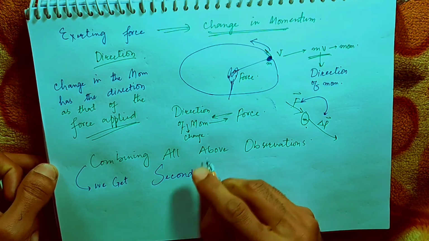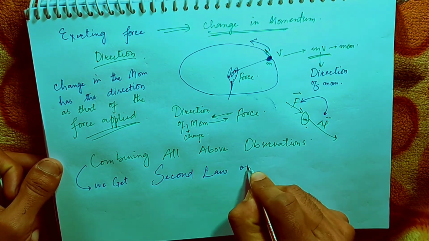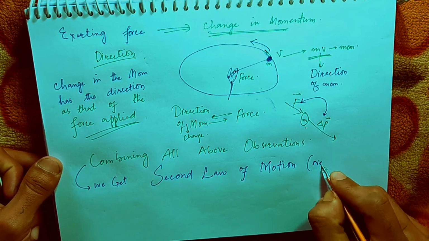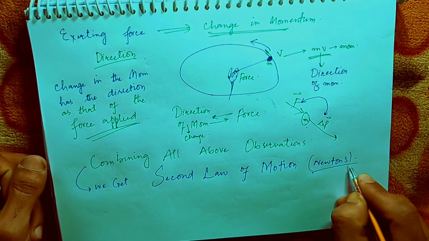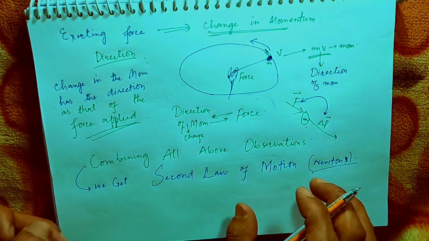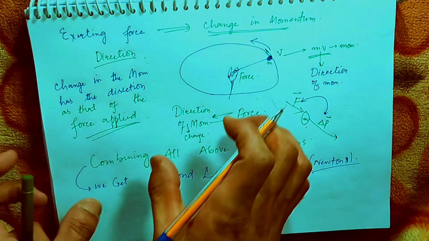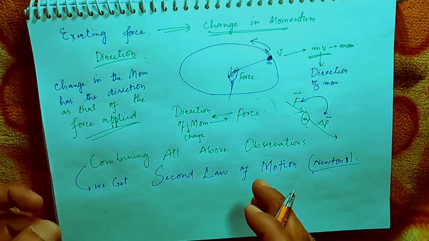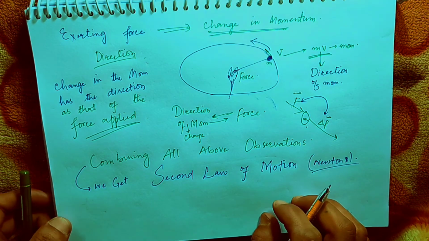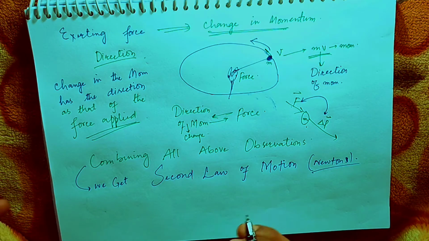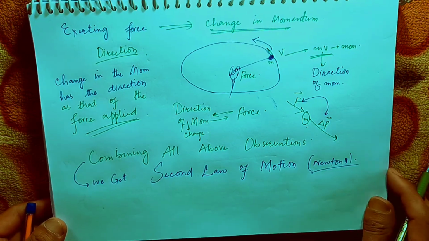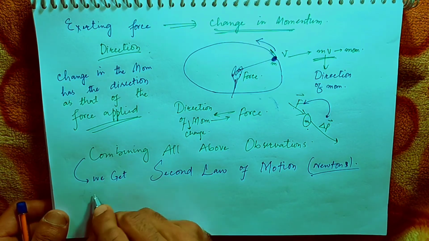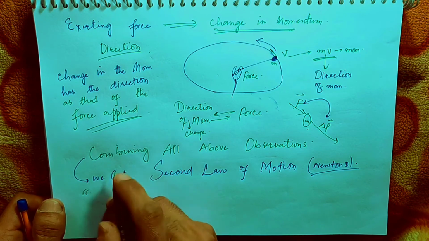Second law of motion, given by whom? Newton. That's also called Newton's second law of motion. So Newton's second law of motion is actually the outcome of all the observations which I discussed earlier, the change in the momentum and the relaxation time in the action of the change in the momentum. So for that, Newton gave a law called Newton's second law, which says that, now keep that in mind,